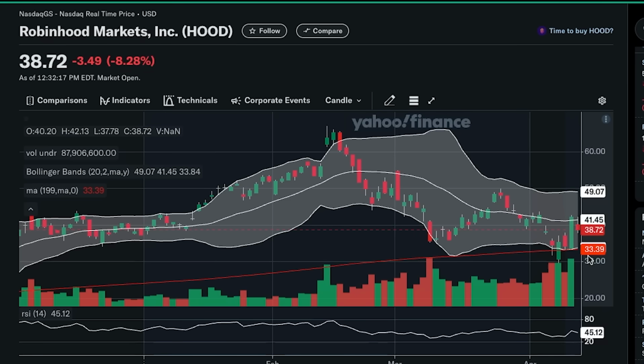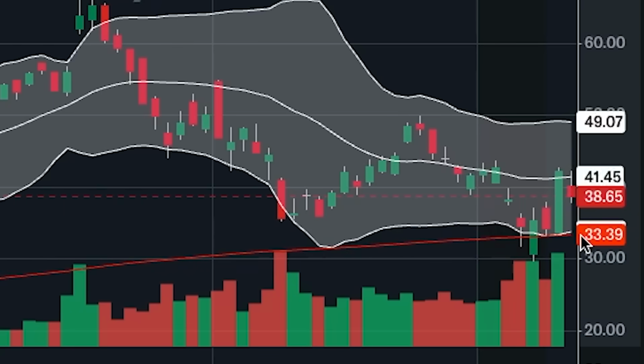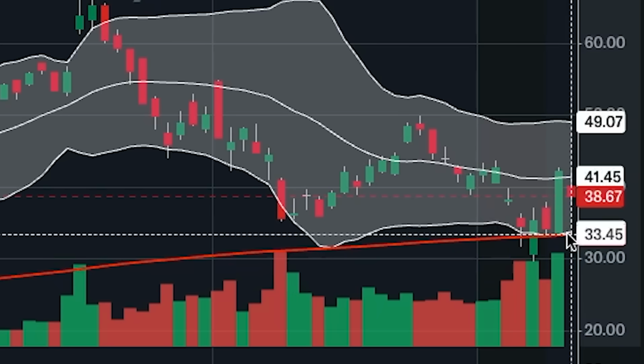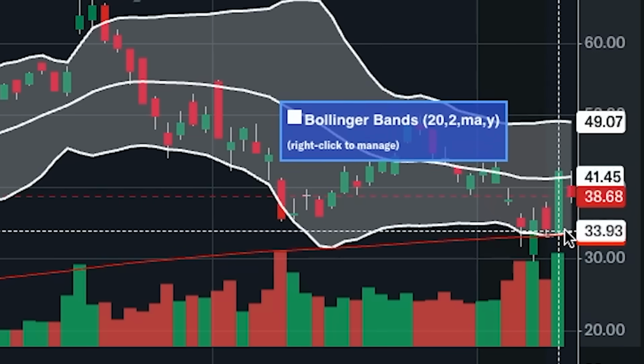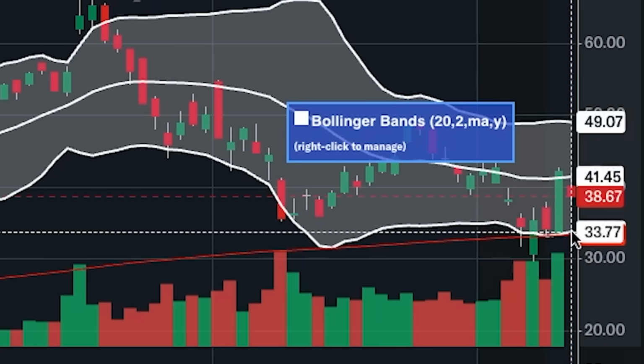I'm looking at the 3-month chart, and I want to pay attention right here to this 200-day moving average. It coincides with the bottom of the Bollinger Band, and it's sitting right at around 33. So one would expect, if this stock is a healthy stock, that it would bounce off of the 200-day moving average. So I'm using that as kind of my line in the sand as I'm going on the hunt for